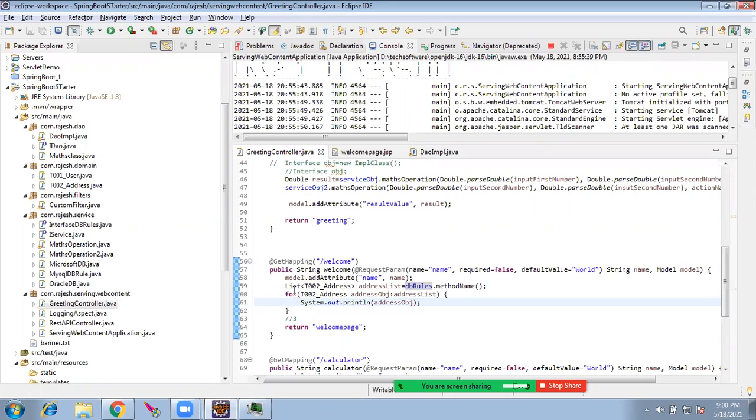We have come to the controller where a simple Java program is able to now connect to a database and bring data and print it in the controller. Correct? And this is achieved using Spring and Spring Boot, not using servlets. The same thing will work in servlet. We just have to cut the DAO code and paste it inside the servlet.